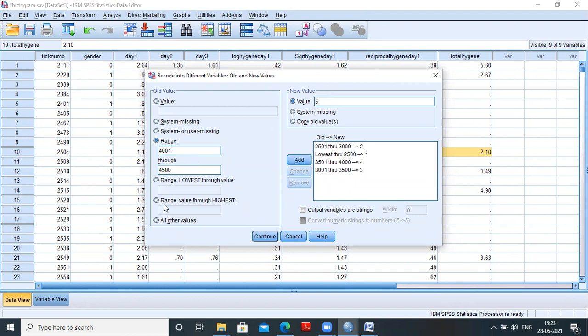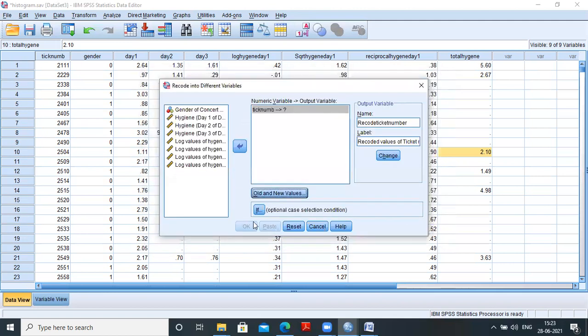Then all the values above 4501 will be taken as 6. Continue, then change, then OK.